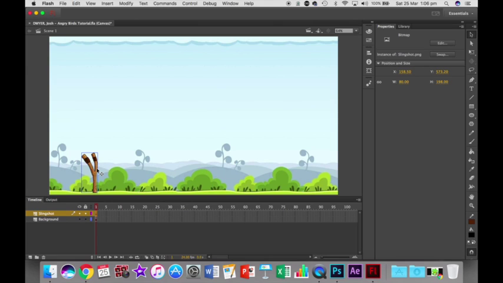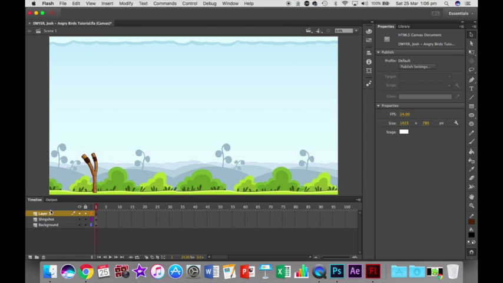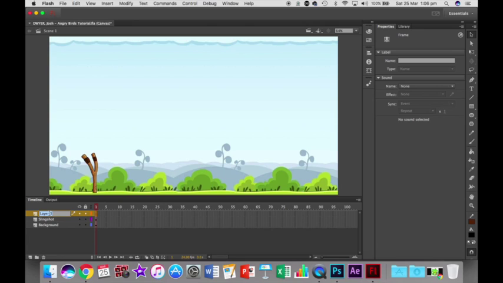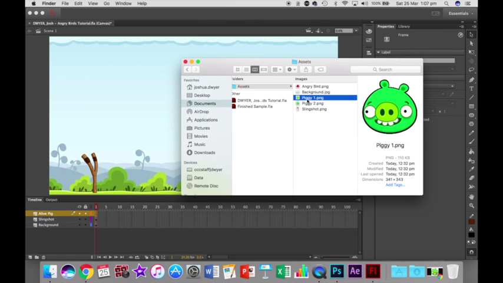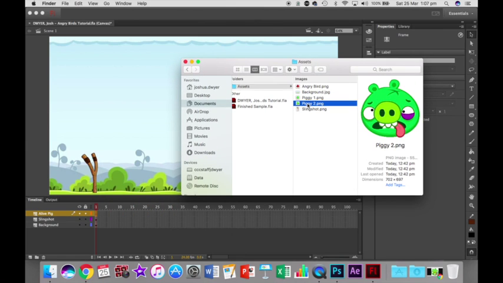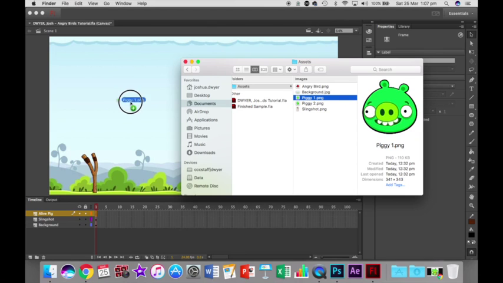Next thing that I need to do is to insert a pig. So again, we're going to create a new layer. We're going to rename that layer by double clicking, and we're going to call this a live pig, because in the game, it starts with an alive pig, and then once it's been hit by the Angry Bird, we need to change it to a dead pig. We're going to again go to Finder. We're going to be using Piggy1. Piggy1 is the alive one. You'll notice that Piggy2 is the dead pig, so we're going to use Piggy1 and drag